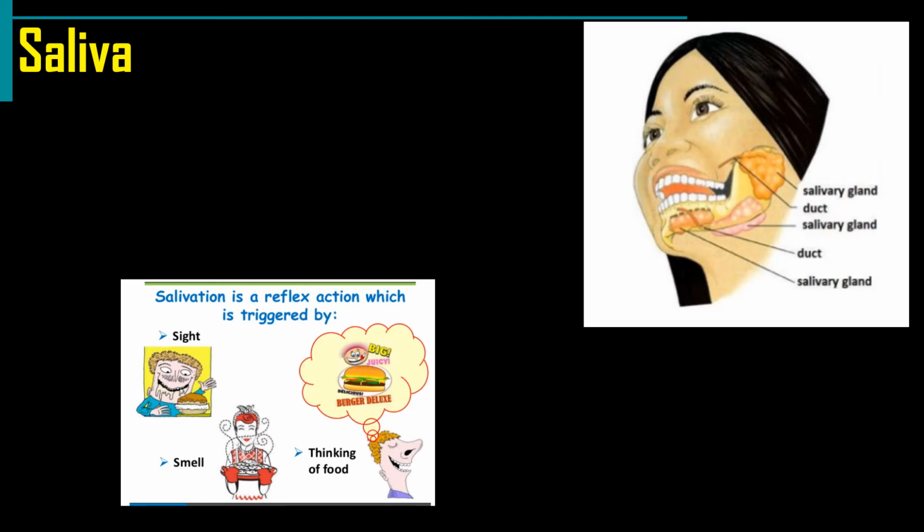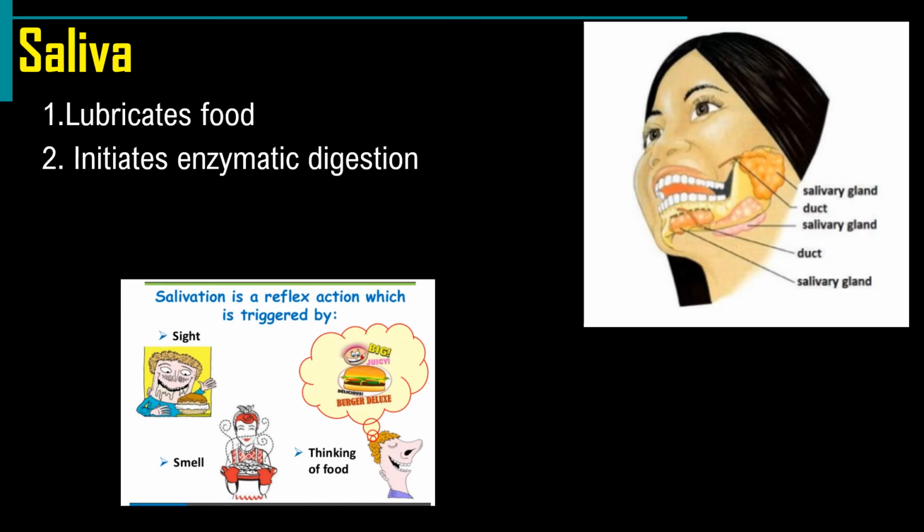Once the food is inside the mouth, it is moistened by the saliva as the saliva lubricates the food for easier movement, and the teeth and tongue begin the process of mechanical digestion. Saliva contains mucus, water, sodium hydrogen carbonate, and salivary amylase. This secreted fluid initiates enzymatic digestion, such as the presence of salivary amylase that breaks down carbohydrates and salivary lipase